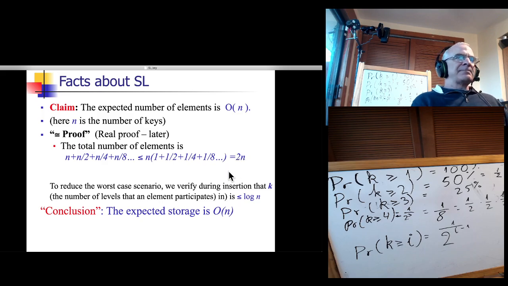So the expected memory of the skip list is only 2 times the optimum. And of course, we are enjoying running times that are much better. And the difference between this and the perfect skip list is that here